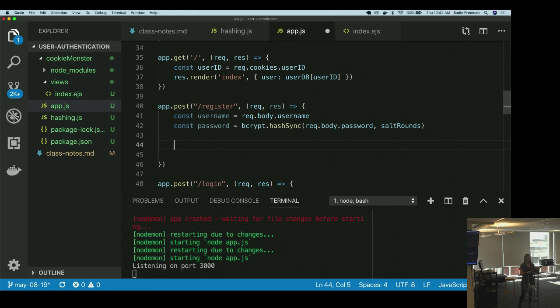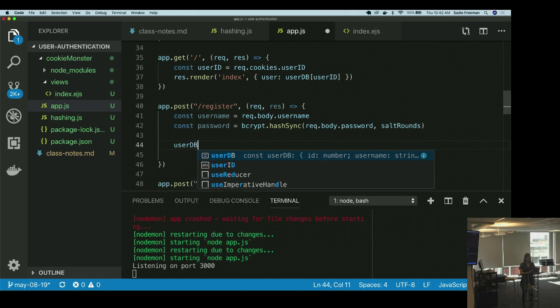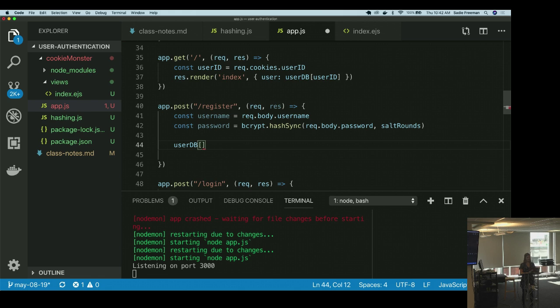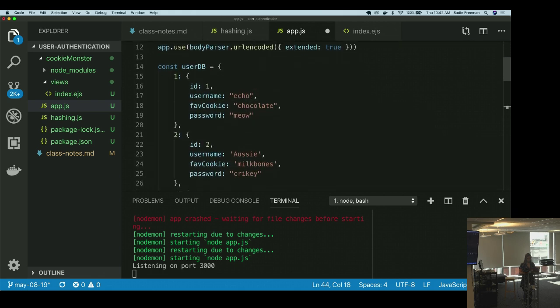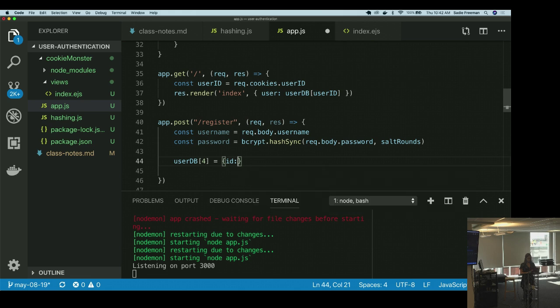Okay, and to add it to our user database, we are going to say userDB. And for now, I'm just going to assign it a new ID in here. I would probably want to write a function that would generate some new IDs. But for this purpose, we'll just say userDB4 equals, and then what do we have? We've got ID, username,